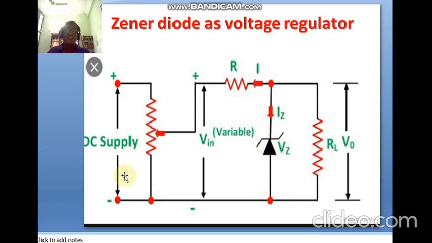That means if a low voltage is applied, it will be stabilized and regulated to a constant value. Likewise, if a high voltage is applied, it is also stabilized by this Zener diode. Therefore, the Zener diode is used as a stabilizer or voltage regulator in electronic devices like TVs and refrigerators, wherever the voltage or current needs to be regulated. Thank you.